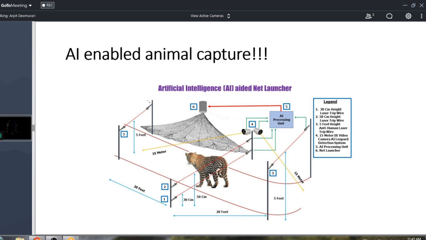This can be utilized in very different scenarios. The AI is really cool, but it depends on how you employ it. Normally, we handle plenty of requests from the forest department to capture a strayed animal, like a tiger or a leopard getting into an urban area and becoming a man-eater or eating cattle.